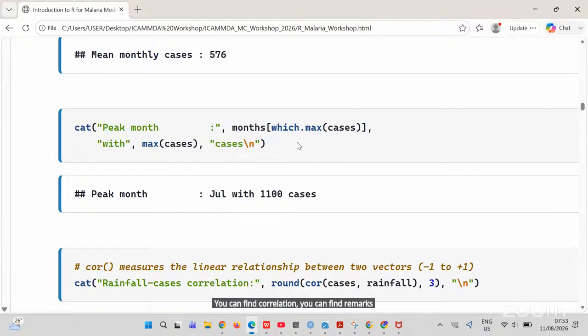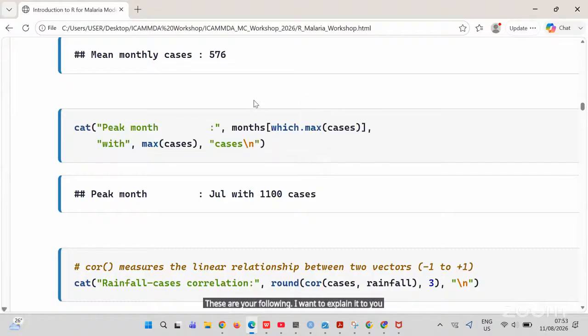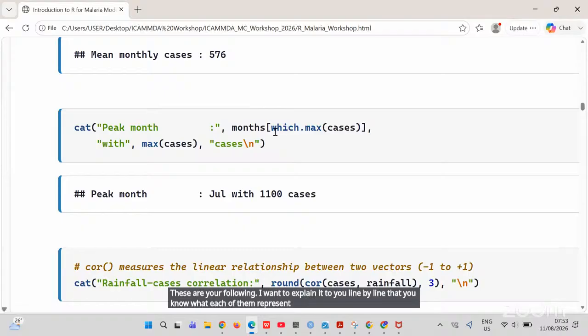Please, are we together? Yeah, you can find which marks. So now, what do these which marks represent? So now, let's look at what is here. Please, are we following? I want to explain it to you line by line, so that you know what each of them represents. First of all,